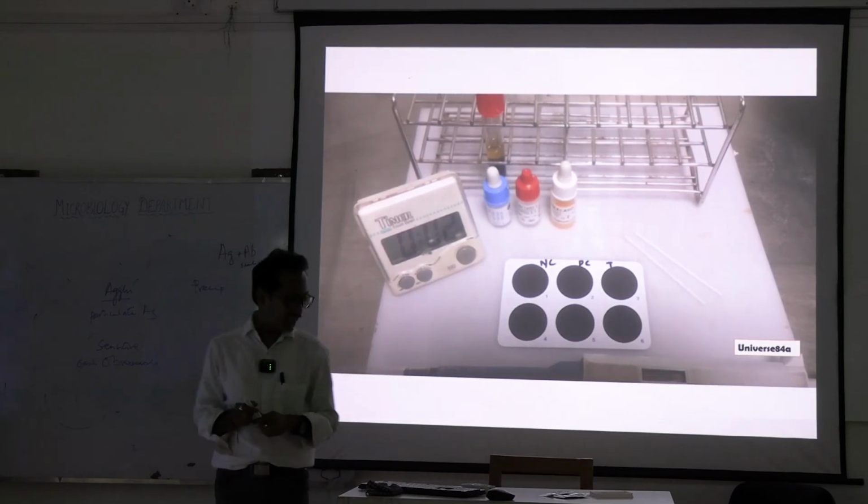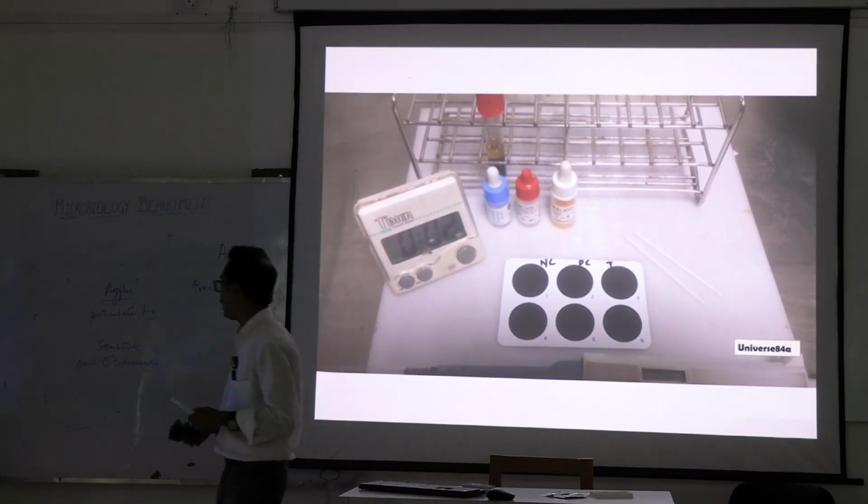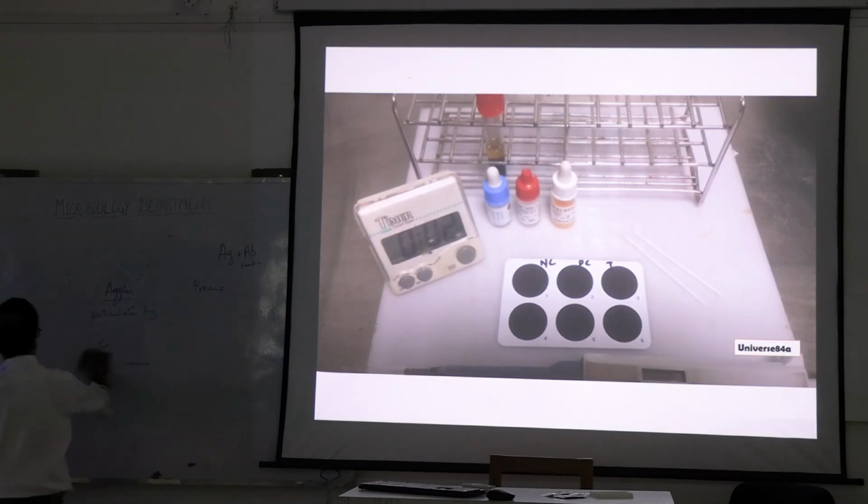So what are the cases where we should look for the ASO titer? Not the